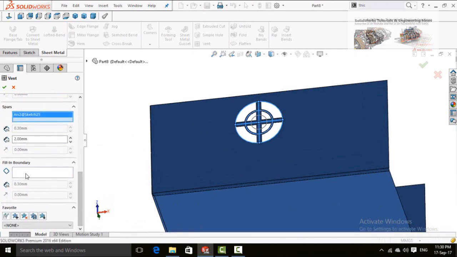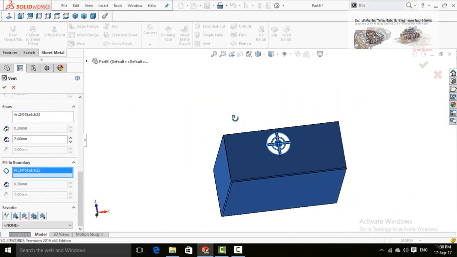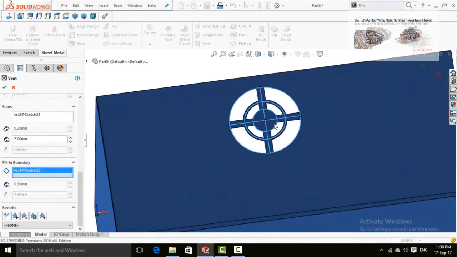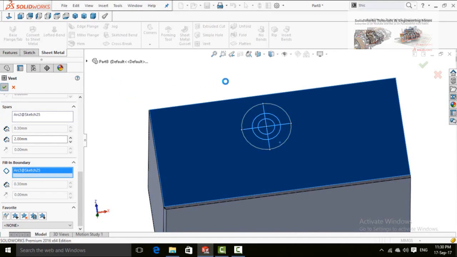Again scroll down and then this box is fill in boundary, so select this circle. Once all done, press OK to apply this command and review the rest of the options by yourself. So now I'm pressing OK button.